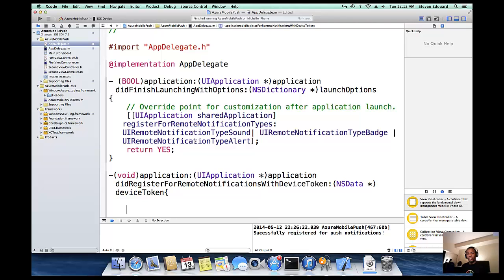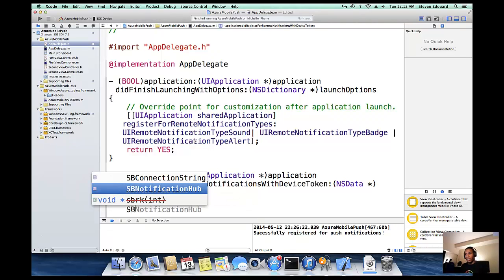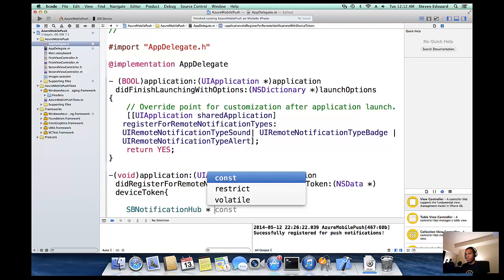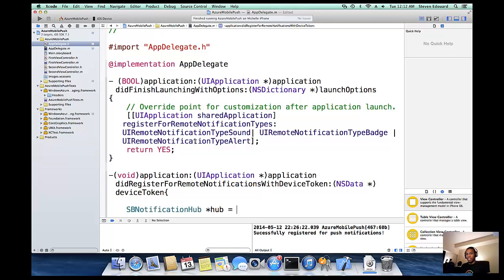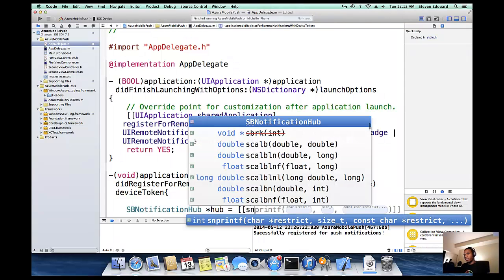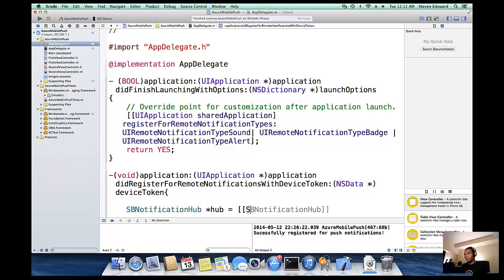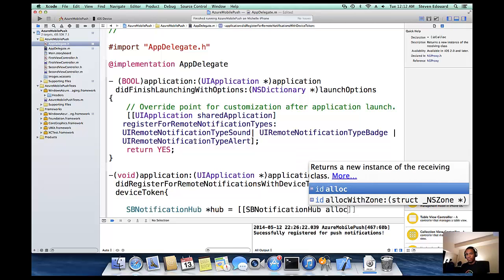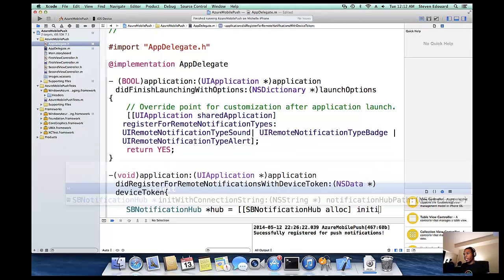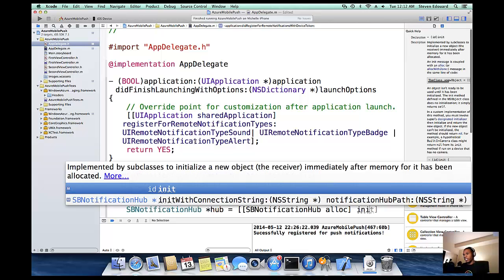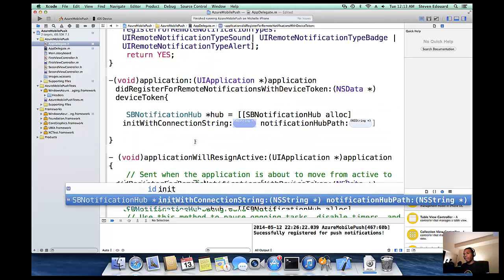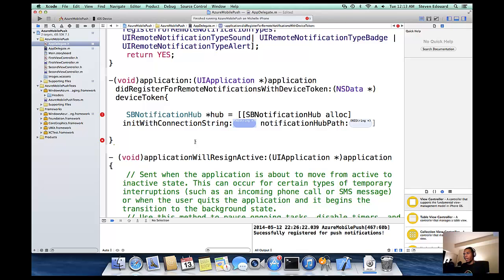And then here's where we're actually going to use the Azure Mobile Service APIs. So the first thing we'll do is we'll create the Service Bus Notification Hub. So this guy here, and this will be our hub object, and we'll just allocate it. And you're going to init it with the connection string,